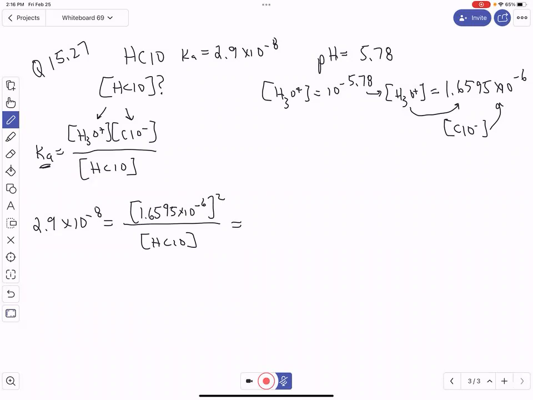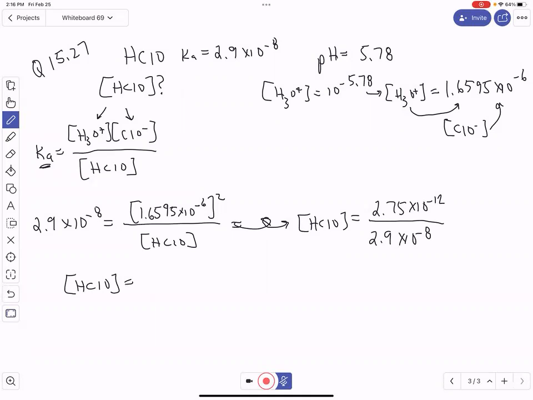So then I would have to rearrange this, HClO, hypochlorous acid. I'm going to multiply by the 2.9 times 10 to the minus 8. Or sorry, no, I'm going to divide, right? I would have 2.75 times 10 to the minus 12 divided by 2.9 times 10 to the minus 8. So divide those two,